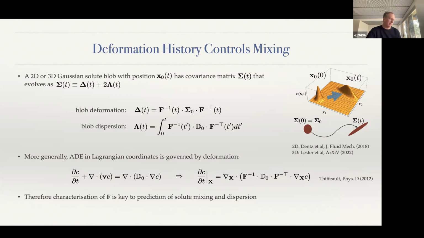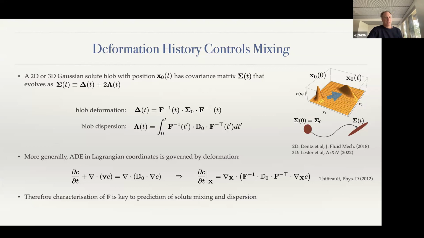If we consider a simplified example where we have a two-dimensional or three-dimensional Gaussian solute blob, initially at position x naught of naught and then evolves as x naught of t as it's advected through the flow. It has covariance matrix sigma of t,